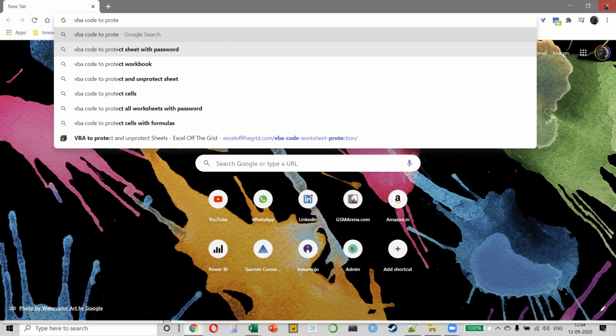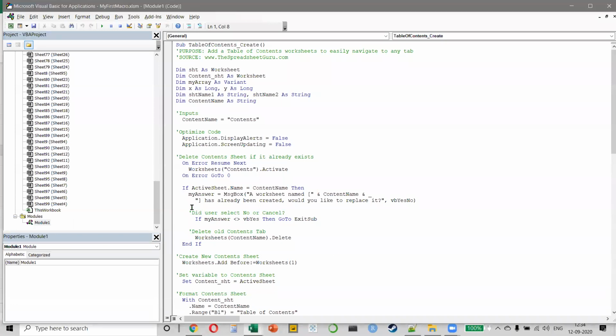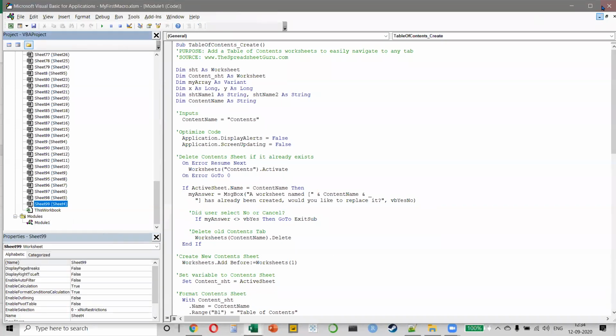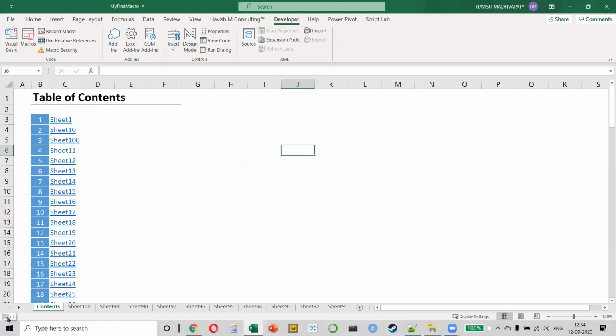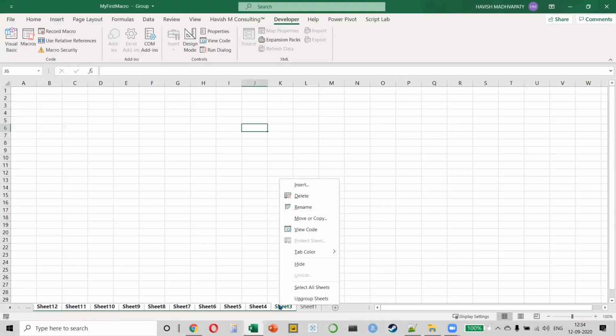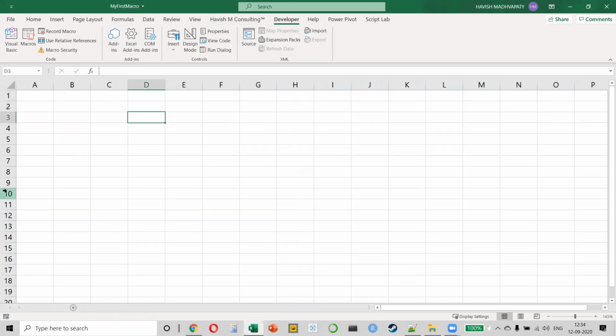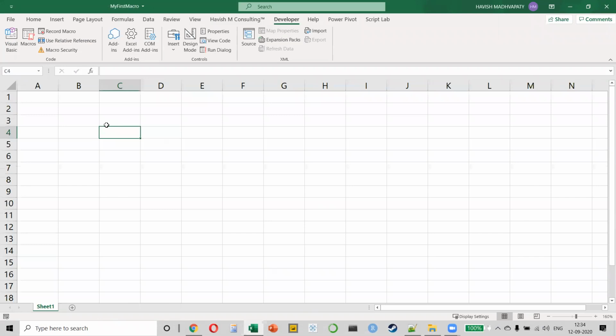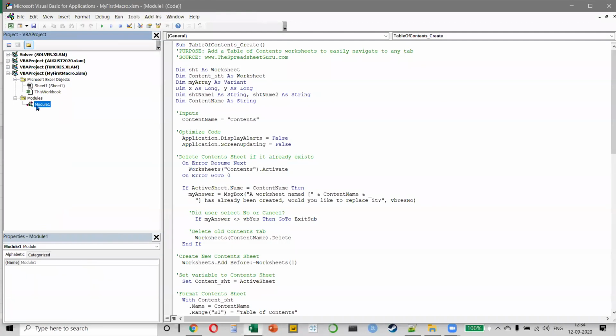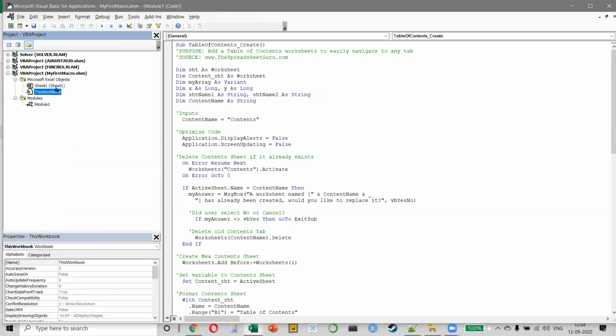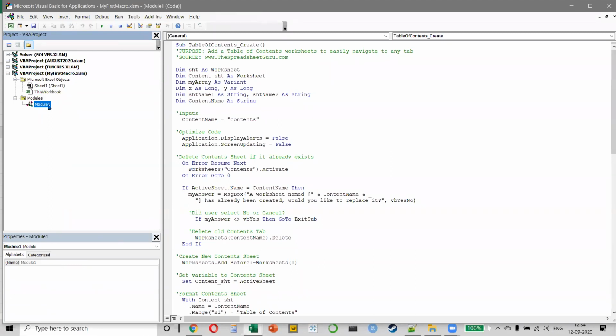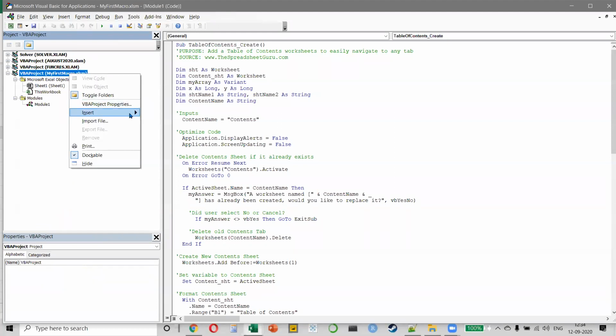Today, what I want to do is show you how a form is created. Like the form that I showed you in the Sterlite example, I want to give you a complete illustration like that. So let me just quickly remove all of the sheets, right? And we'll create a simple form. First, we'll go to VBA. Okay, we have a sheet, we have a workbook, we have a module, okay? But we need a fourth entity, which is called a user form. How do you do that? You simply click on the workbook name. So this is my workbook, my first macro. Right-click, Insert, and then insert a user form like this.